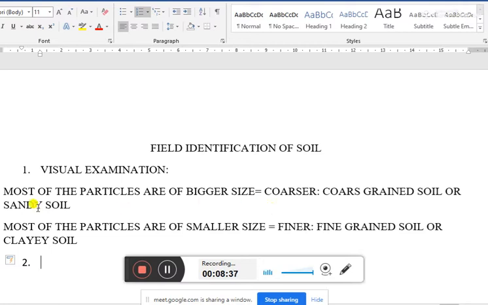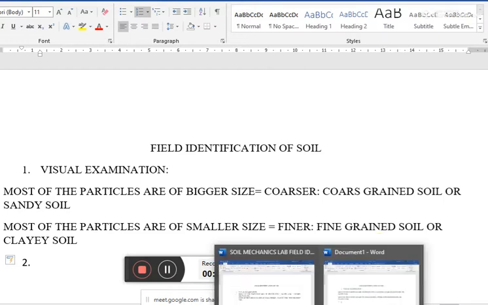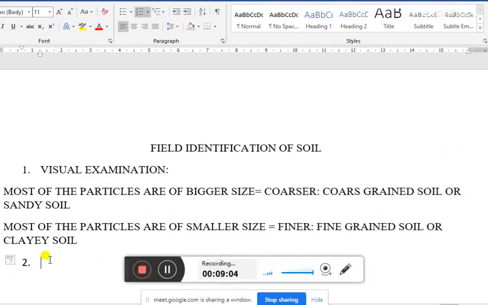If the soil is sandy soil, then we cannot proceed with anything, but we have to conclude that the soil is sandy soil. But if we have soil with characteristics of clay soil or fine grained soil, then we can proceed to the next test. Next test, if the soil is clay soil or fine grained soil only, for that we can proceed to the next test, that is dilatancy test.